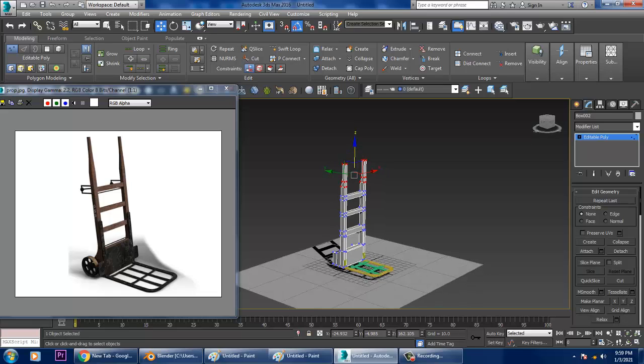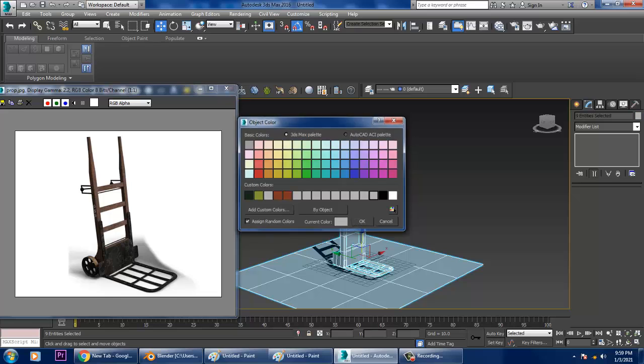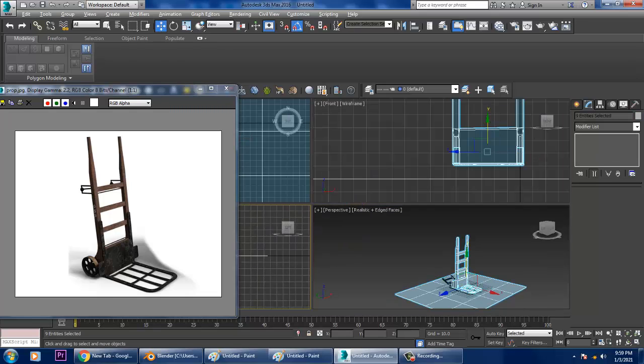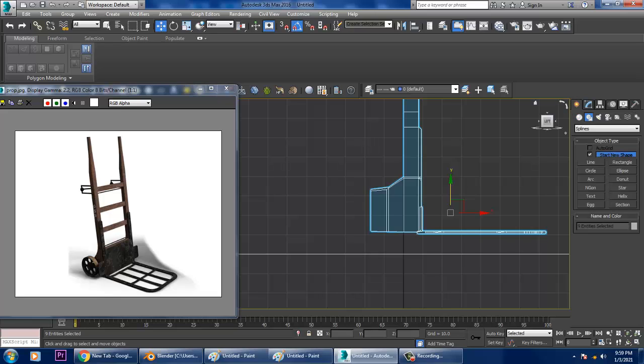So select this whole thing and let's give a color. Let's go into this side view over here and let's take, you can take this cylinder over here,